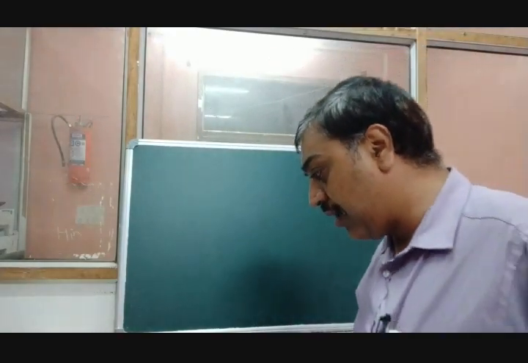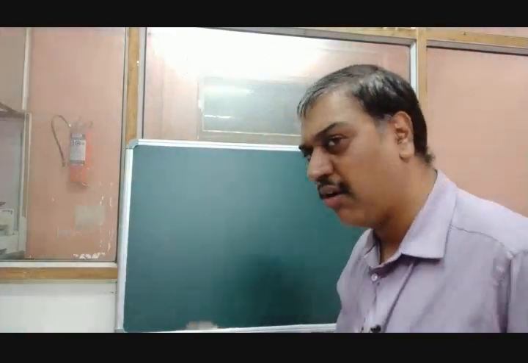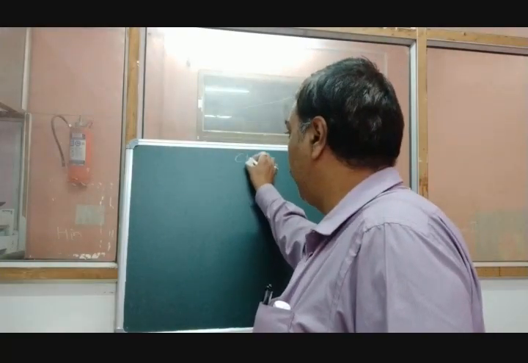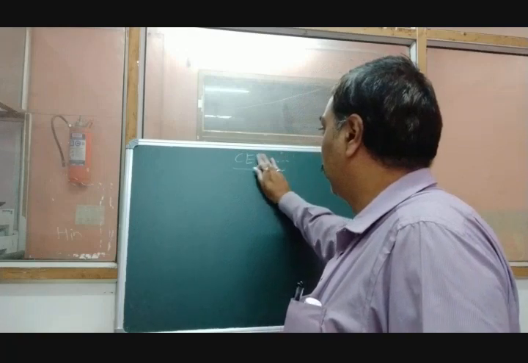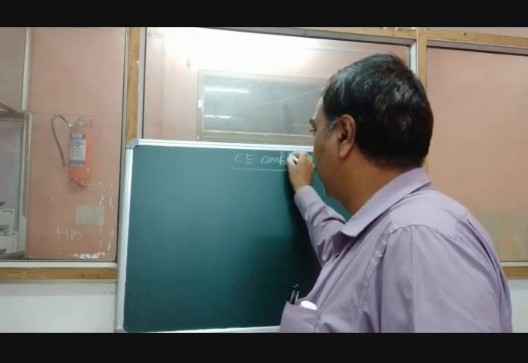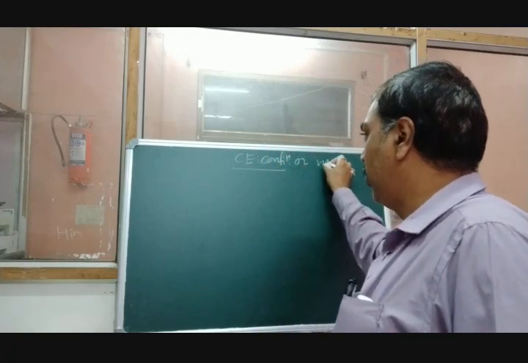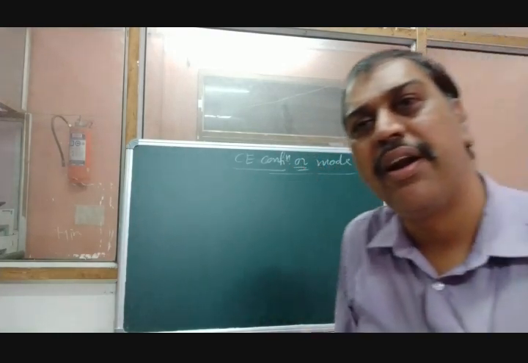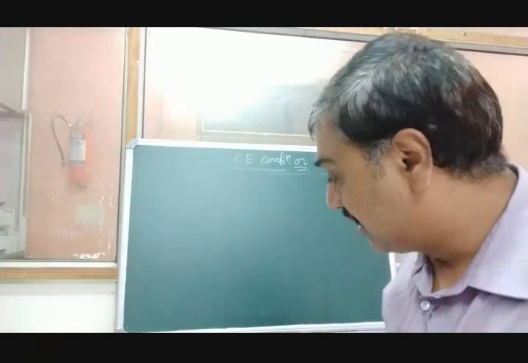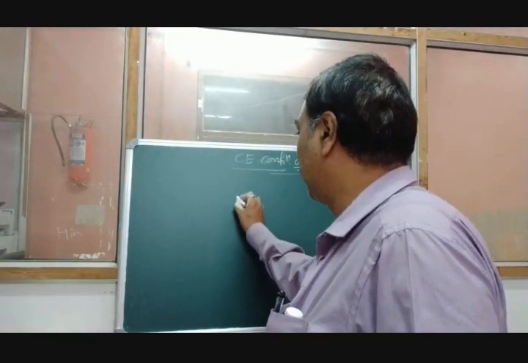While drawing the diagram, you must take the input current, input voltage, output current and output voltage. Let's start with the common emitter configuration. So, common emitter configuration or mode. It is also said to be the common emitter mode of transistor. Now let's see what exactly the common emitter transistor is. Already we have drawn the diagram, but let's draw it again.